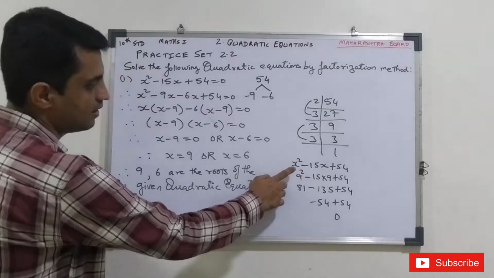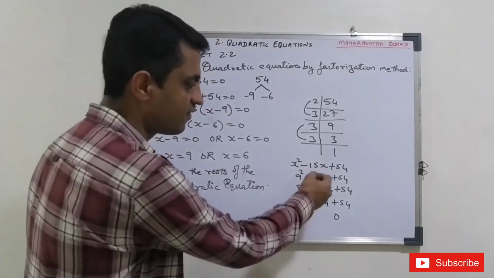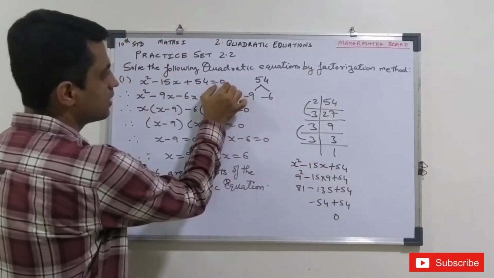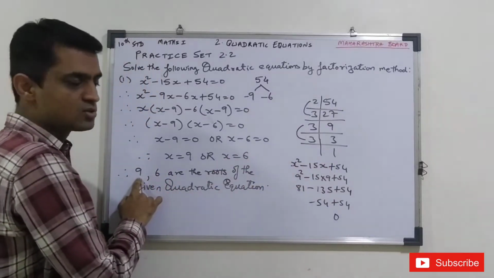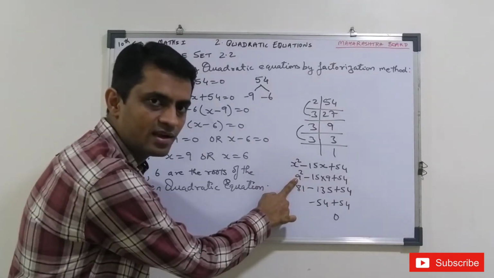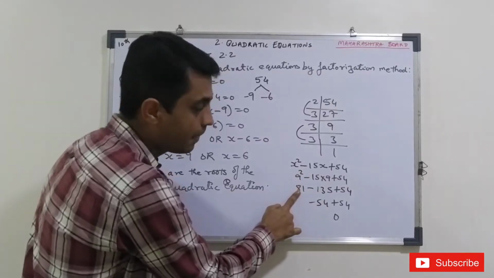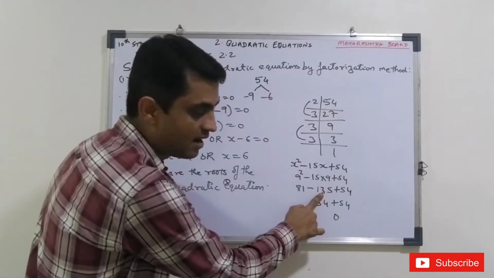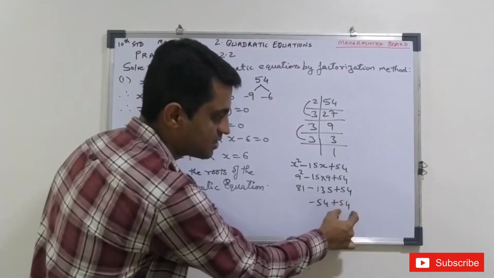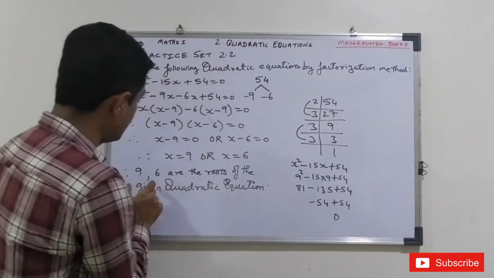Now let us check whether our answer is correct or not. You can check in your board paper also, in rough. Now we have written this equation here. We should get 0 when we substitute the value. So let us check with one value. Instead of x, let us write 9, and here also we write 9. 9 square is 81. 15 into 9 is minus 135, plus 54. We subtract this, we got minus 54 and here plus 54. So we are getting 0. Minus 54 plus 54 is 0. Yes, so it is a root.